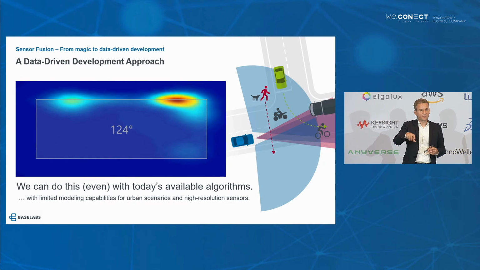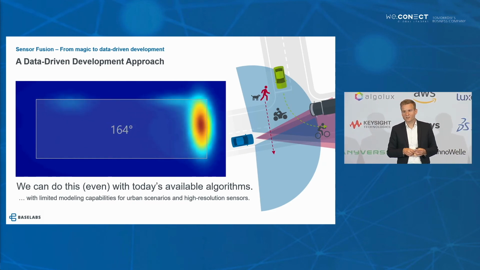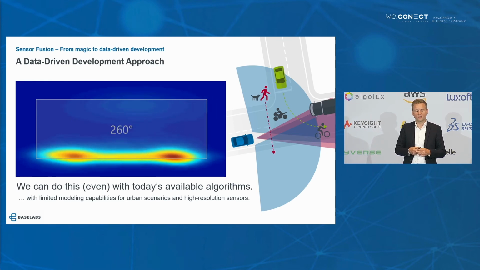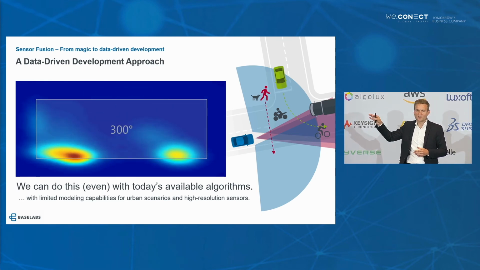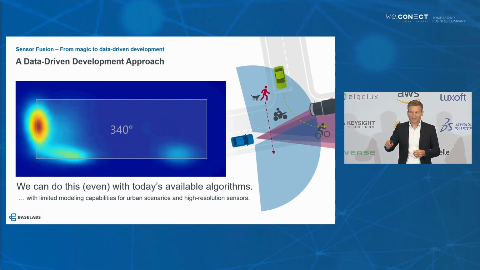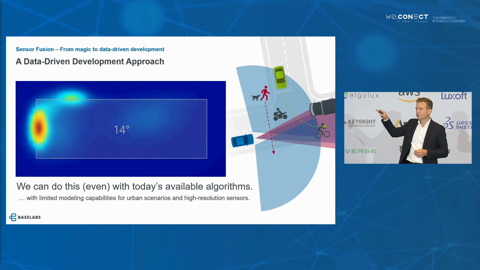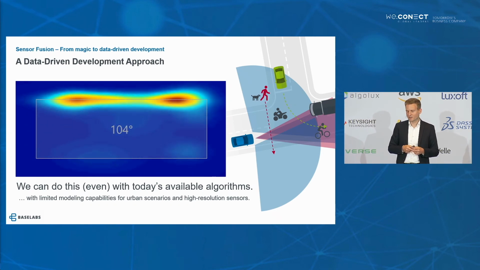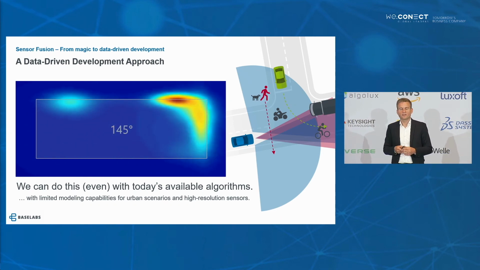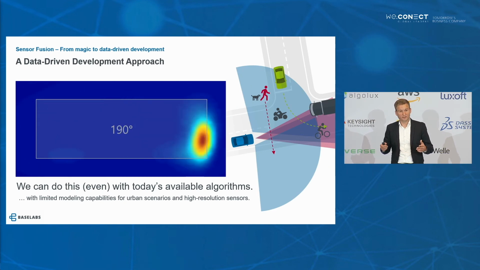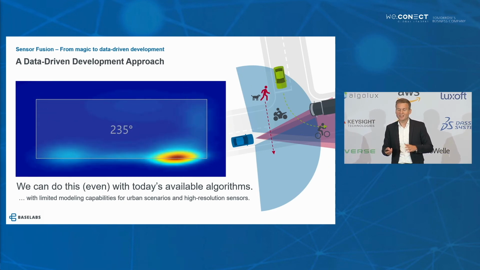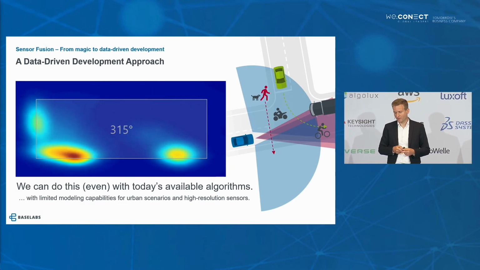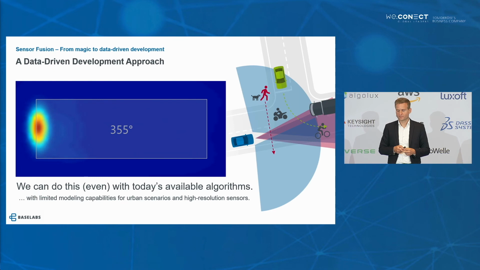As soon as we rotate the vehicle in front of the sensor, and that's happening all the time in urban scenarios, then the sensor models must be much more complex. And we cannot derive those sensor models by manual tuning and manually finding the conditions and the models. For that, we need a data-driven workflow as well, independent from the fact that those algorithms still have to be developed, at least for production.